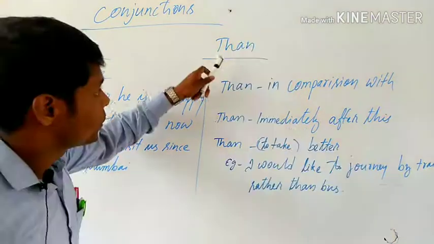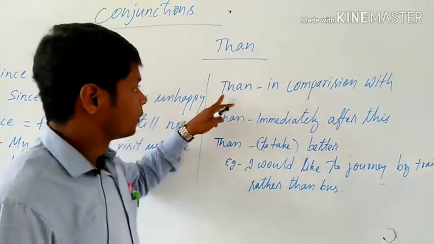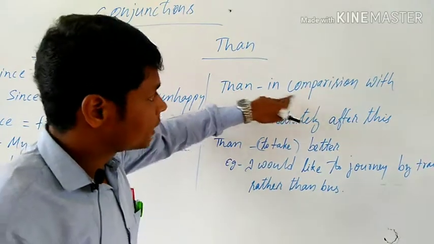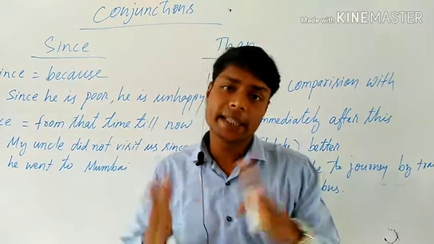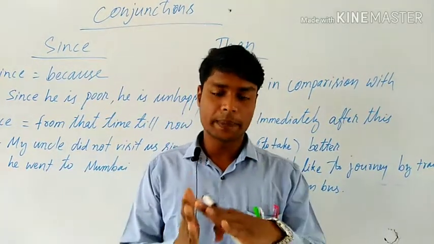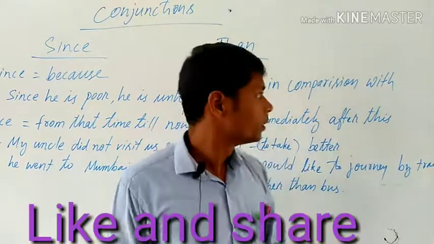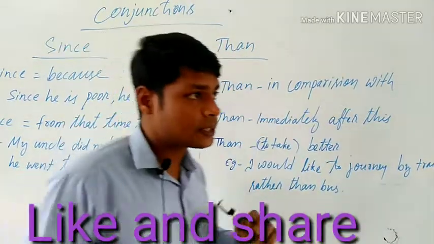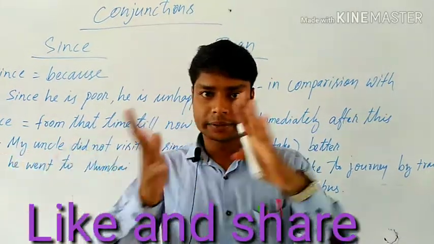Now we have examples of than. How do we use than in a sentence? Than is first of all used in comparison. When we want to compare something with another thing, or say something is superior to or better than another thing, we use the conjunction than between the two things. For example, we want to say that somebody is more intelligent than